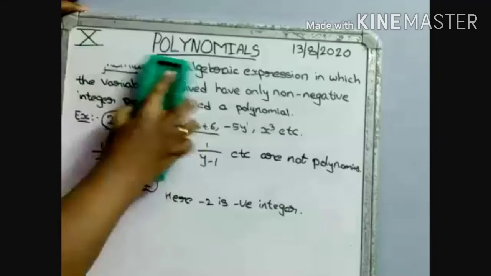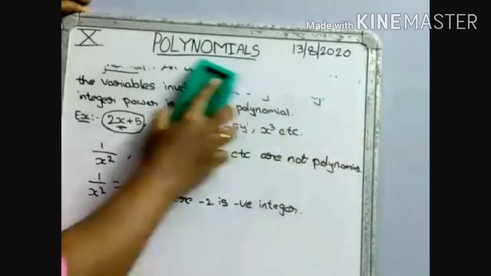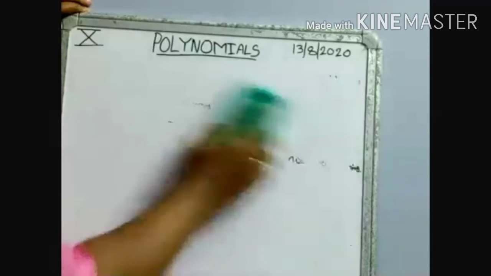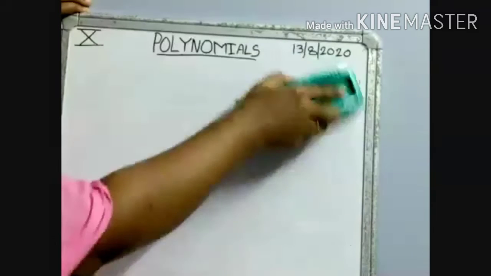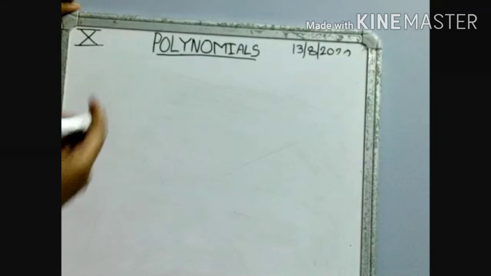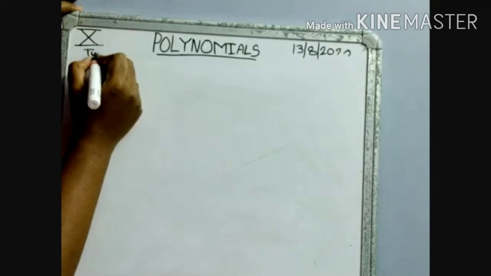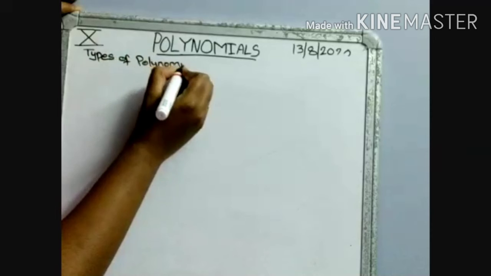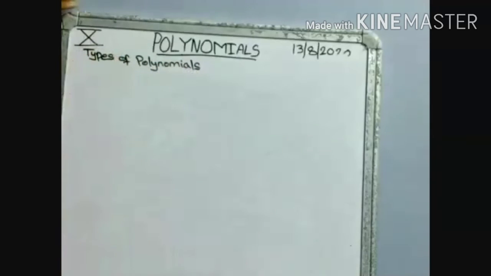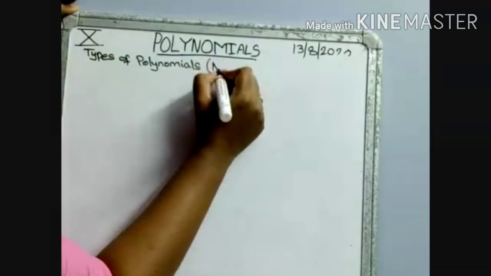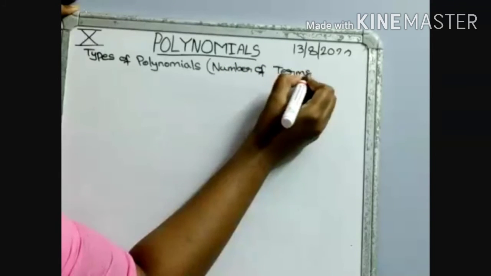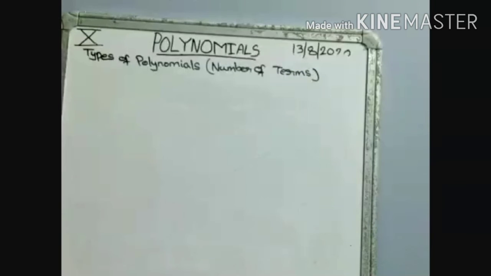Okay, now you understand about the polynomial. Now we'll see the types of polynomials by the number of terms. By using the numbers, we can find the types of polynomials also. So first one it is